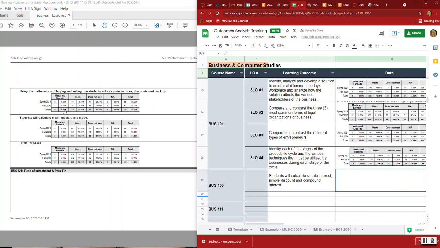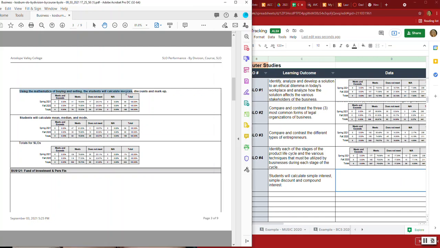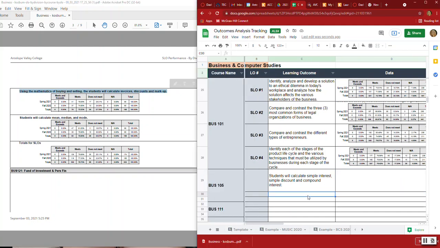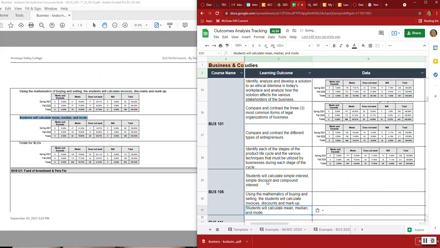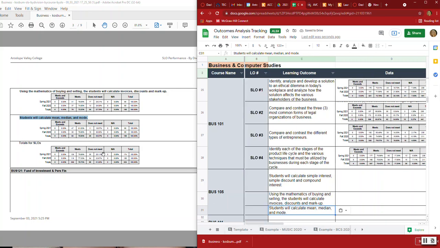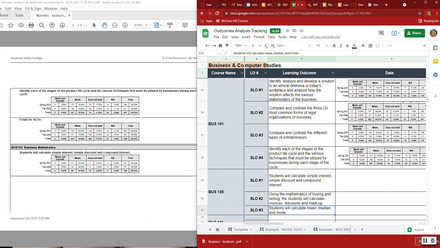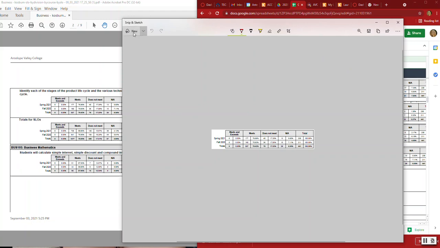Let's see, SLO 2, again, copy and paste. And SLO 3, copy, paste. All right, that wasn't so bad. And it looks like just 3 SLOs for this course, so I'm just going to label them SLO 1, SLO 2, SLO 3, and then I just need to paste that data in again, which using Snip and Sketch isn't too bad. So Snip and Sketch, and I'm going to say new,